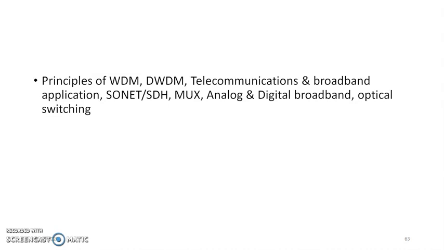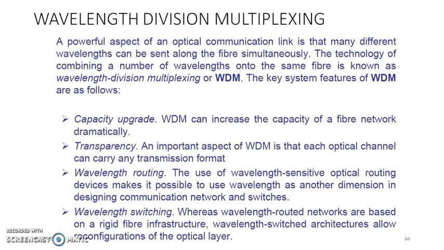Part B consists of wavelength division multiplexing, dense wavelength division multiplexing, and some uses of DWDM. Then we go ahead with SONET/SDH, and some components of WDM and optical switching. We begin here with wavelength division multiplexing. Multiplexing in communication is TDM or FDM, but in the case of optical fiber, wavelength division multiplexing is used,